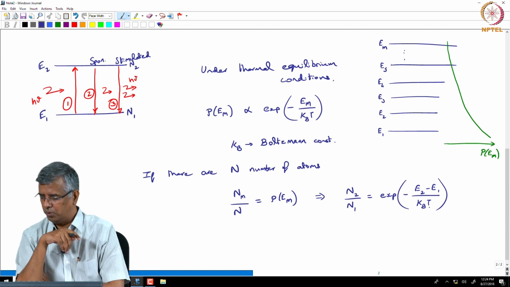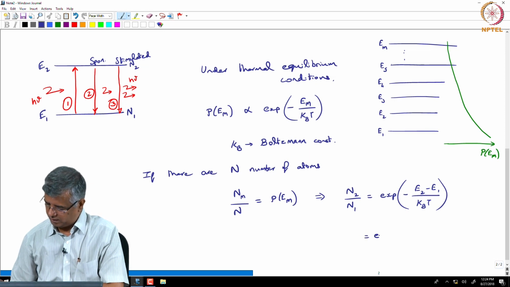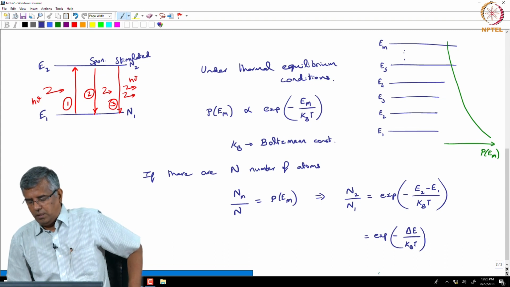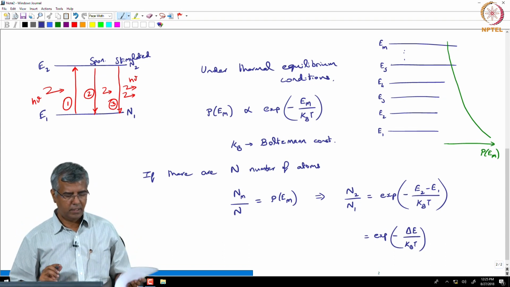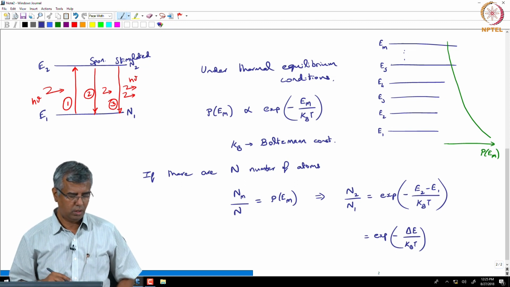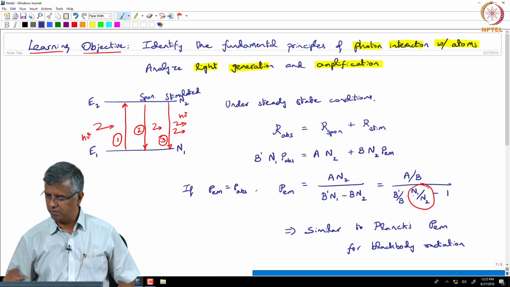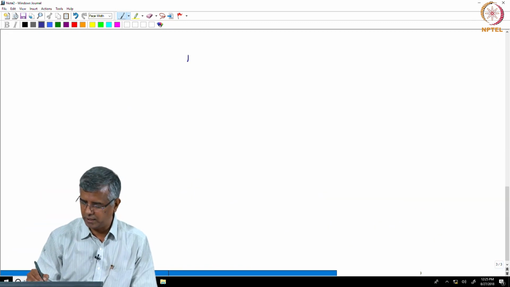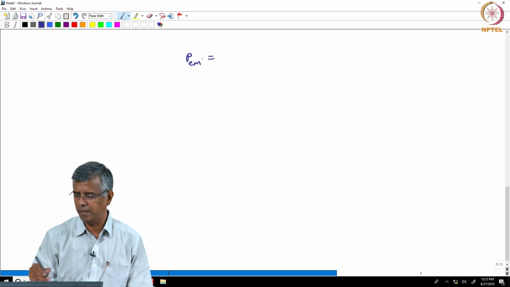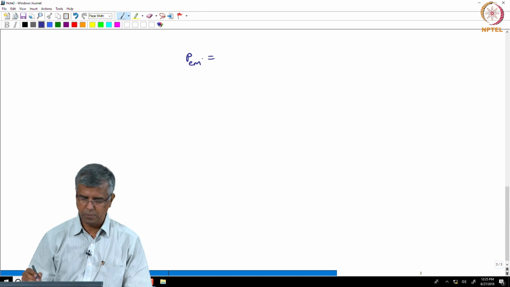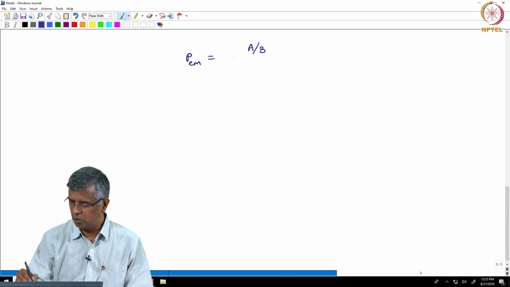Now, of course, I can write this simply as exponential of minus delta E over kBT, right. Now, I can plug this back into what Einstein had observed, right. I would then get the expression that the emission probability density is going to be equal to A over B divided by B prime over B exponential of